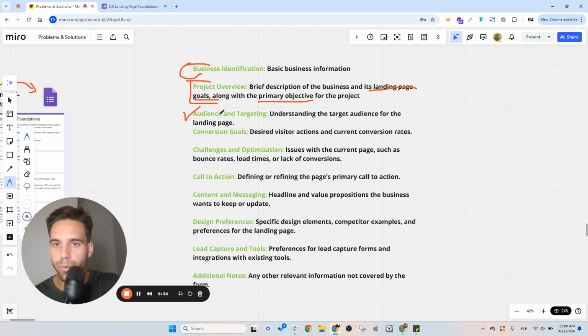Then the audience and targeting, understanding the target audience is so important. Then the conversion goal, because it's not the same, like an email sign-up or whatever you want to do. Then I also ask about challenges and optimizations, like